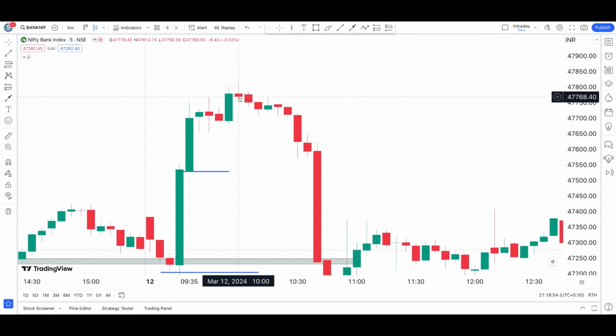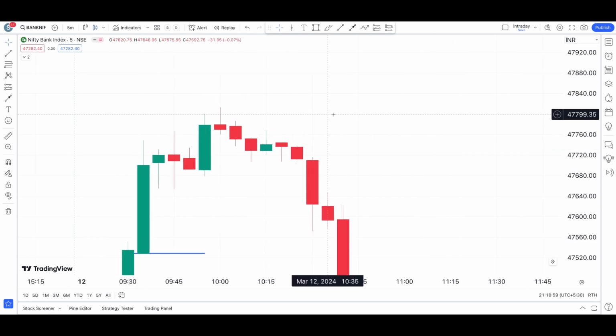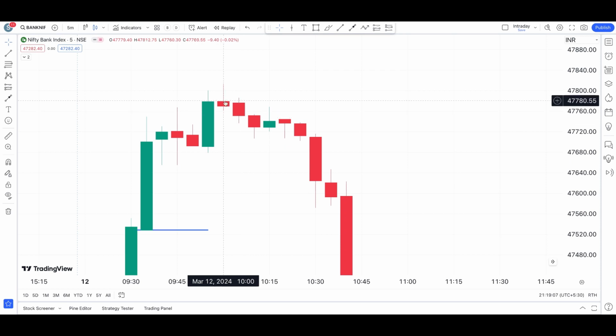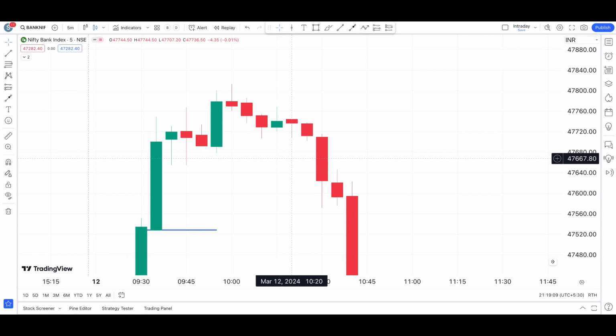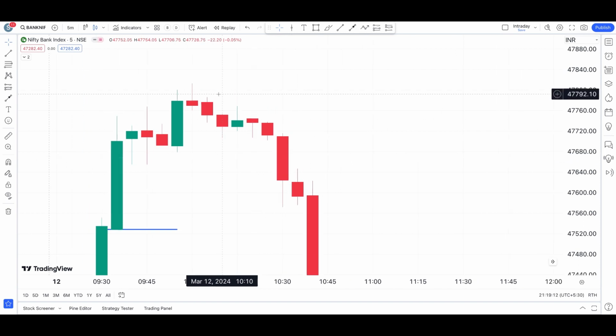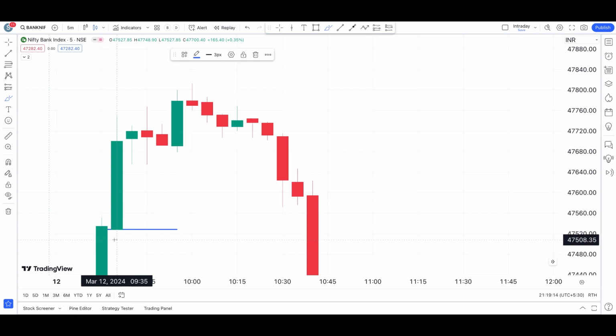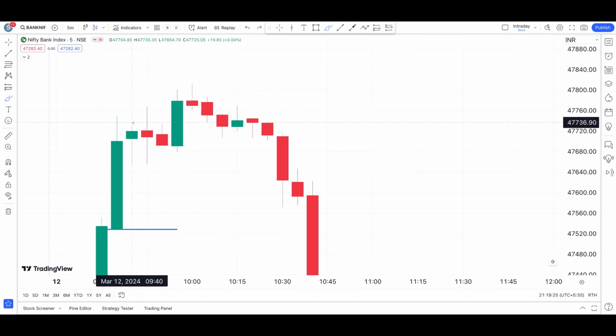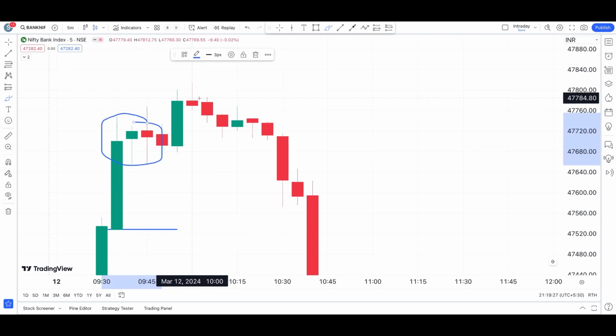But after that, at 10 o'clock, again, you have seen a candlestick formation, which is a reversal sign, which helps in identifying the momentum after an uptrend. What I mean is, after an uptrend, if you get a candlestick formation like that, that's a shooting star, which tells that we may soon see a bearish momentum. But see, right now we have two points here. One is that caution, and the second one is this candle itself.